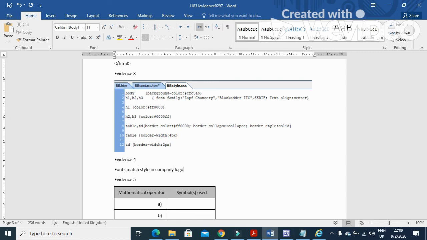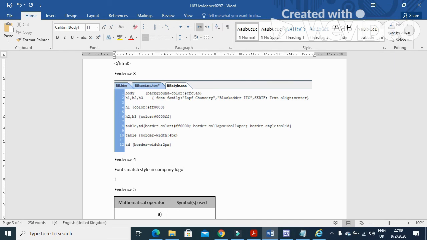This is one of the reasons. Then after you can say fonts may be part of corporate house style,